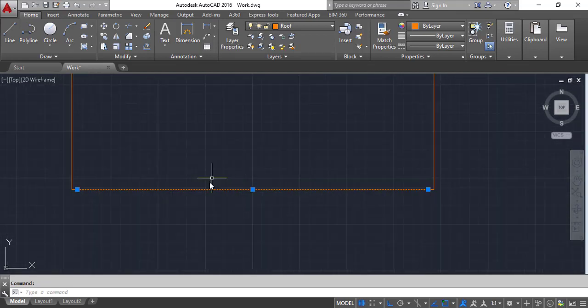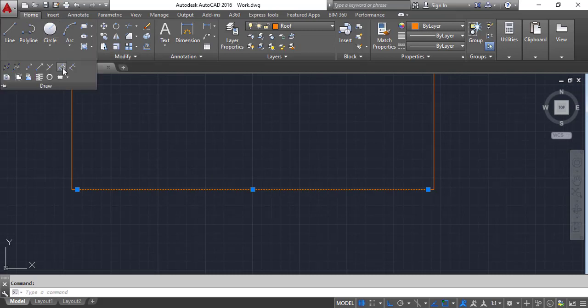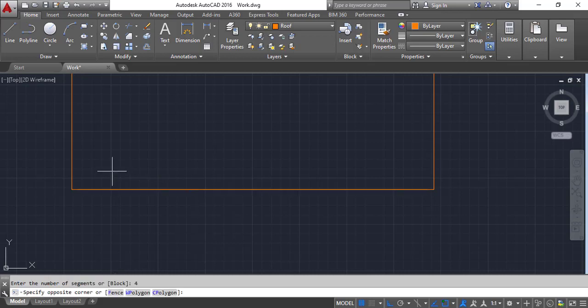and I want to divide this line. You can click here and draw, divide, select this line, and enter the number of segments. You can enter the segments. I need 4 segments, enter. Here, if you select this one, you can see the segments 1 2 3 4, and if you